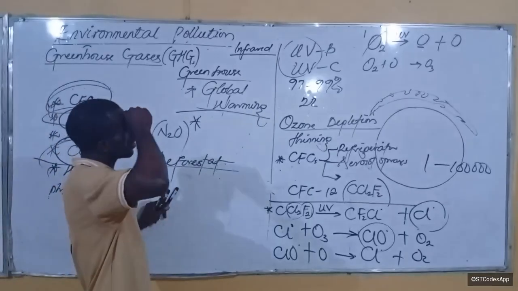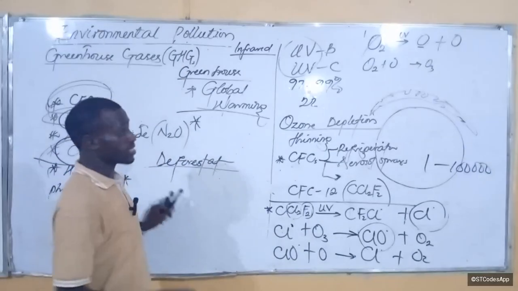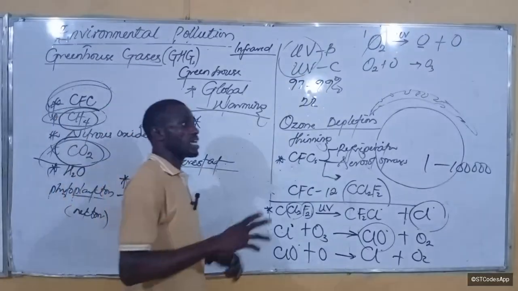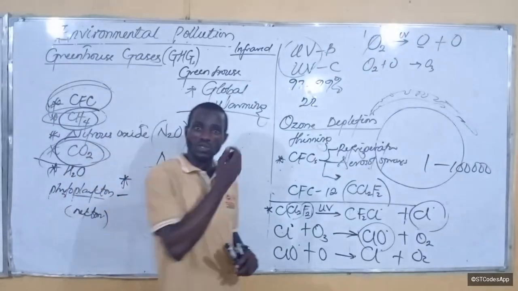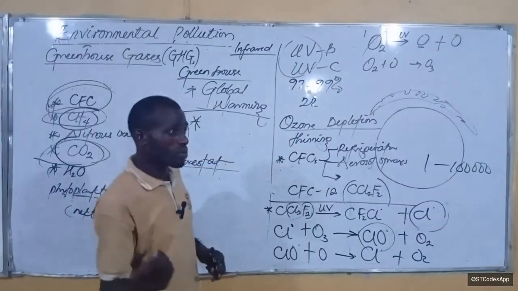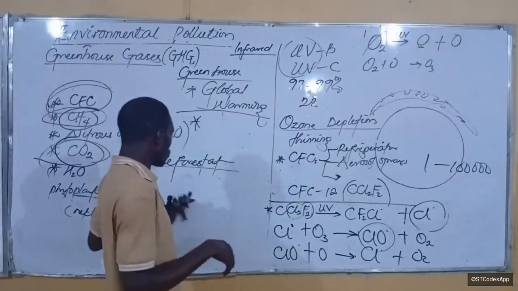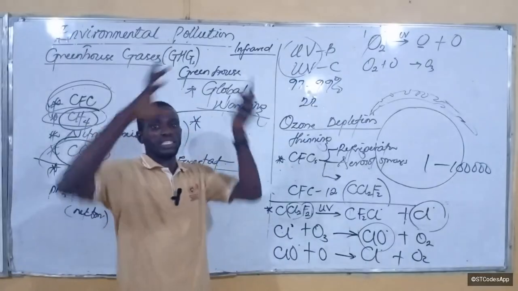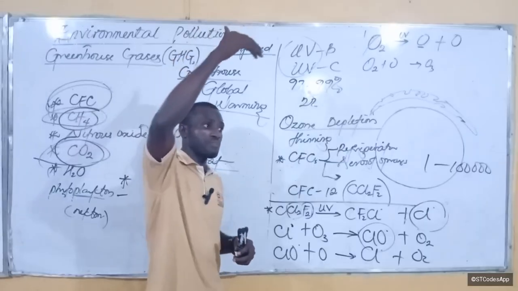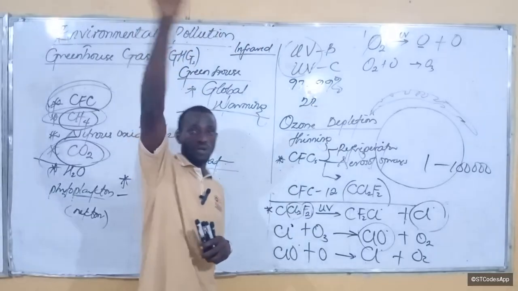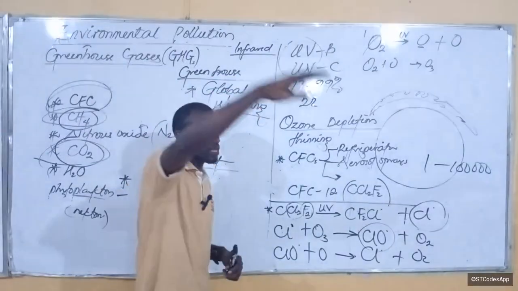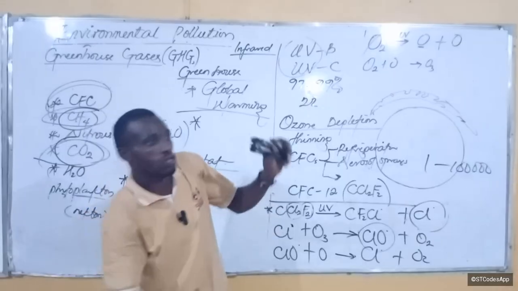Then of course, we also have the effect on land. Like I said, I've mentioned land. In the air too, global warming causes the atmosphere to heat up. And as time goes on, some of these gases, like I mentioned, CO2, SO2, will accumulate in the atmosphere. And before you know it, they will form fog in the atmosphere, that layer of gas that is not going to allow heat to leave.